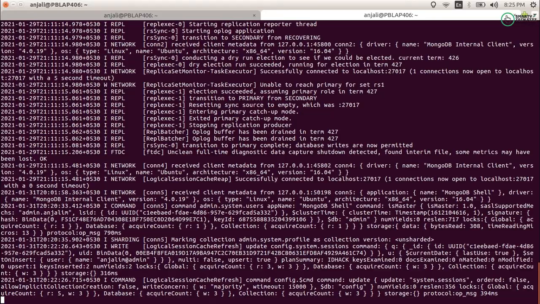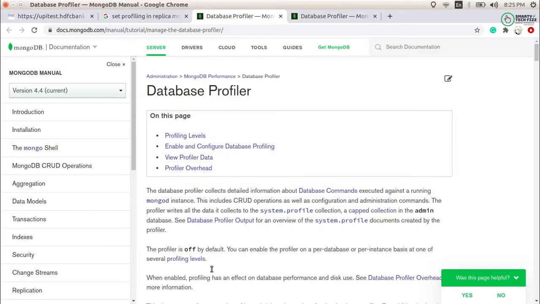You can do it using the database profiler. Today we will talk about how it will work for us, what steps you can follow to enable it, and what it looks like if it is not enabled. We will see all these things today. So stay tuned with us. Let's get started.